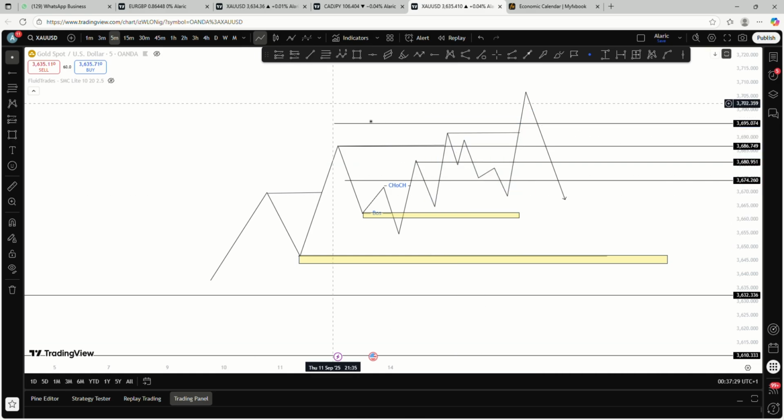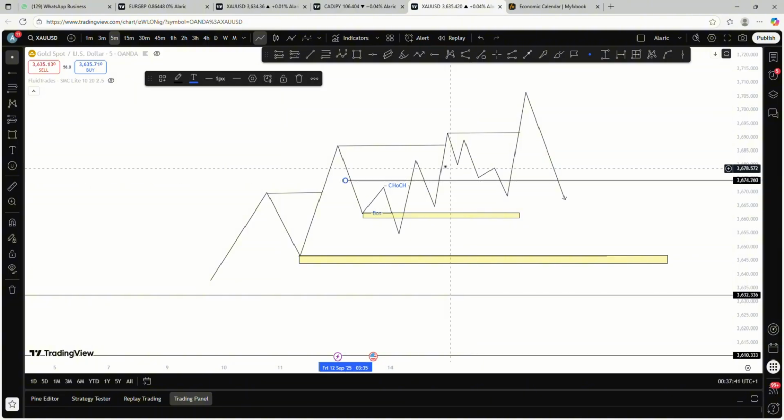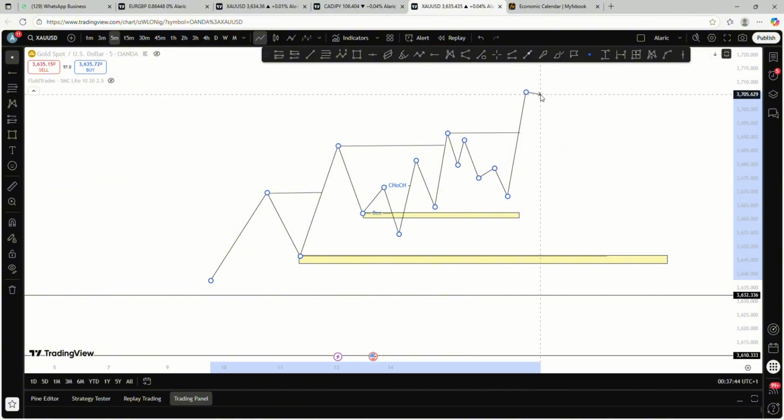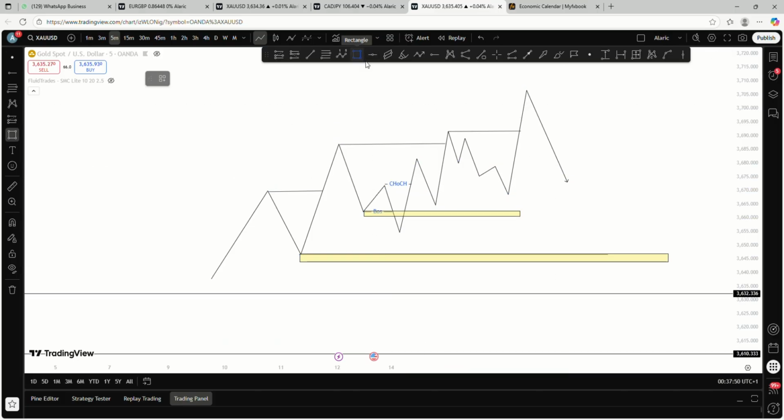In this situation, I have explained how to use your support and resistance and your breakout structures to identify the market, the entries, and the possible places to place your entries. Now, let's assume that the market decides to make this move. When this market was coming down, you remember a lot of people would still go in for their buy at this zone or this zone.